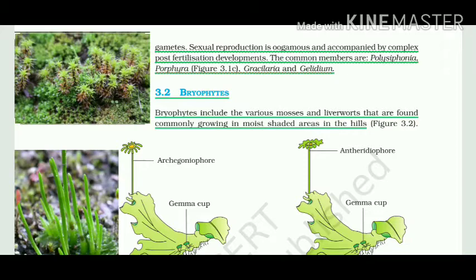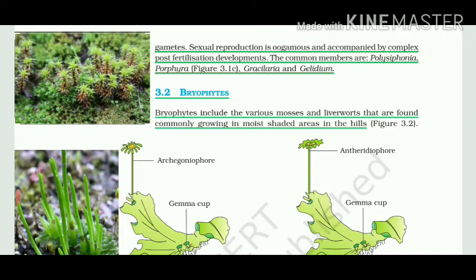Let's talk about bryophytes. In the previous lectures, we talked about the basic introduction of all the different divisions of plantae, and in the second video lecture we finished with algae, which are classified further into three parts: green algae, brown algae and red algae. So let's talk about what bryophytes are, why they are known as amphibians of the plant kingdom, their basic characteristics, their mode of reproduction and their life cycle. So let's start with it.